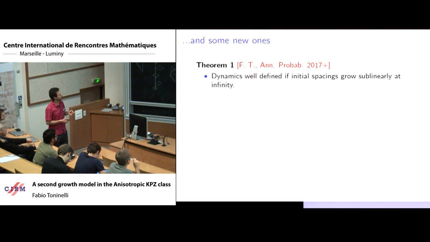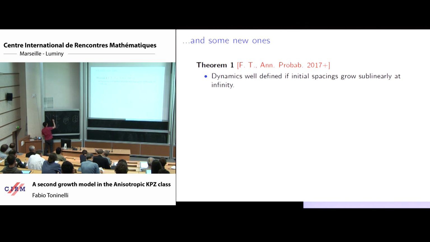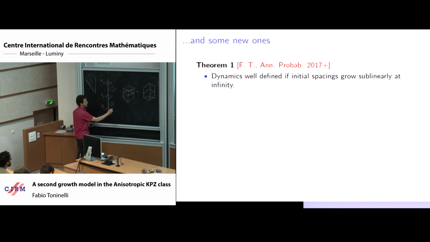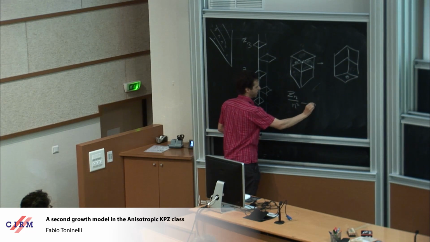The initial conditions have to satisfy the following: if you look along a column at the positions of the particles, let's say this is the first particle, this is the second, this is the third, and so on, and call these vertical positions Z1, Z2, Z3, and so on. If the spacings are such that Zn over n squared tends to 0 as n goes to infinity,